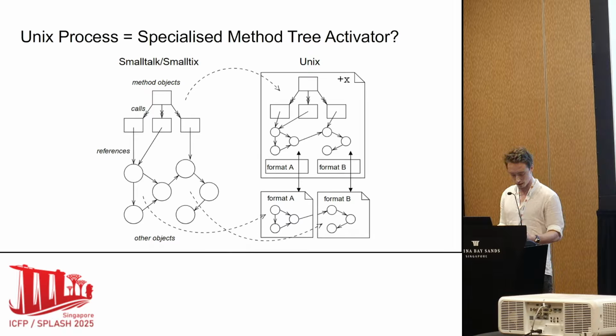It's also interesting if we return to the size mismatch between Unix processes and Smalltalk processes. Smalltix processes. From the perspective of Smalltix, a normal Unix process with its stack and its subroutines now begins to look like some sort of specialized activator optimized for a specific tree of method calls. The objects referenced from the methods end up partitioned into several fragmented data files, and they're cached in a custom in-memory format inside the process memory. Of course, new code needs then inserting into the process to keep the in-process copies of the data in sync with the ground truth in the files. So that's these extra methods that have to be inserted here, the parsing and serializing code.